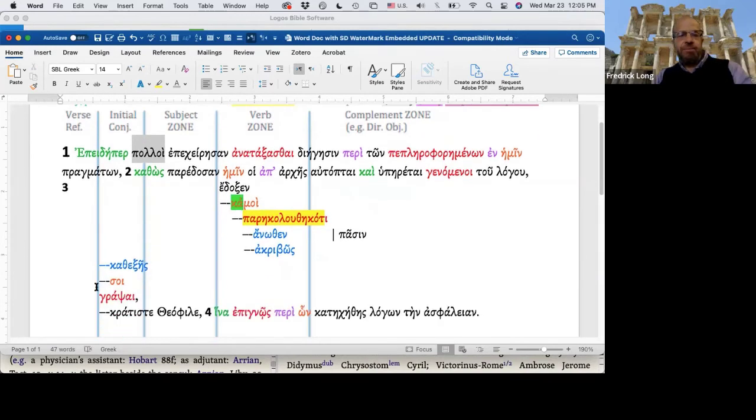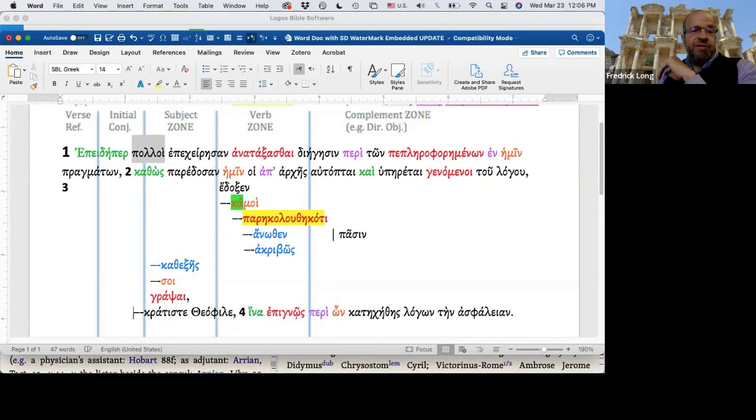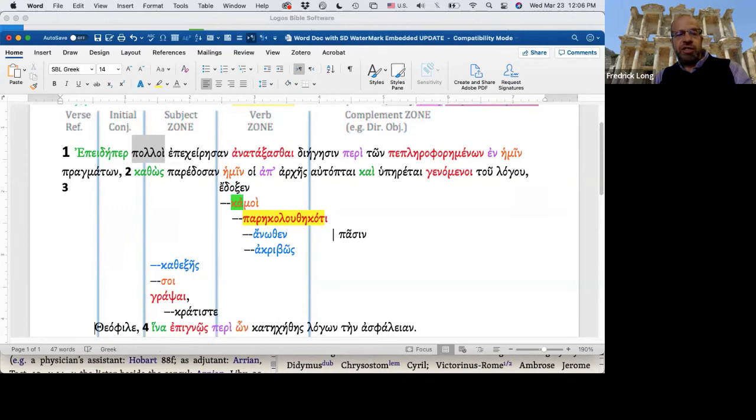And then the subject, then, as I had mentioned before, is to write to you in an orderly way. It seemed good to me. So this is technically the subject. Remember that infinitives, that's an aorist active infinitive, they are verbal nouns. And so they can function like a noun can function. And in this case, it's functioning as the subject of the verb. So this is the main sentence. And everything else is a modifier. So what I'm doing now is I'm really just aligning things under what they modify.